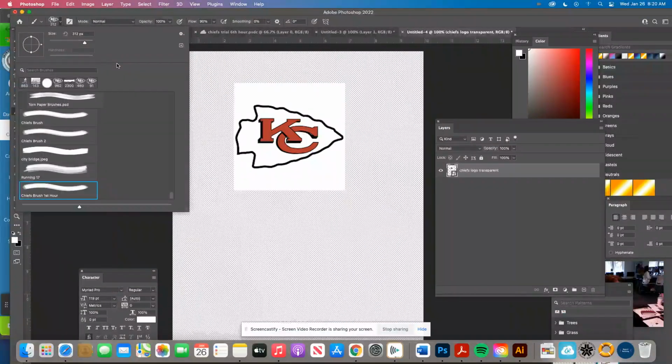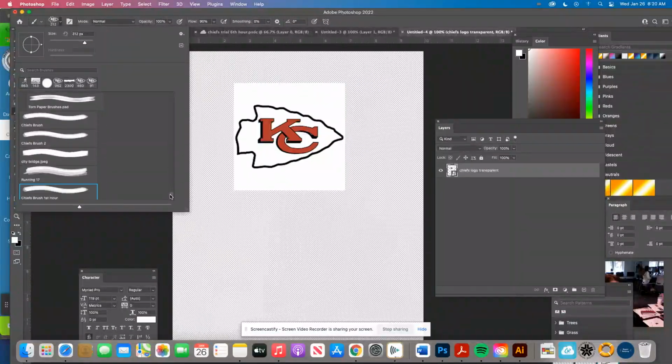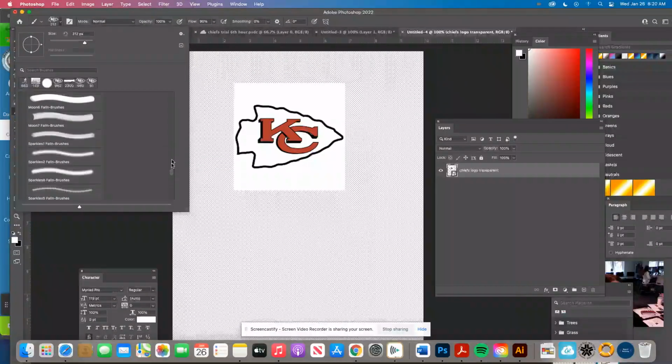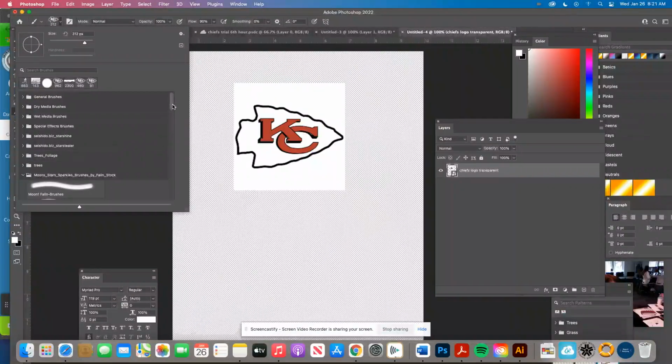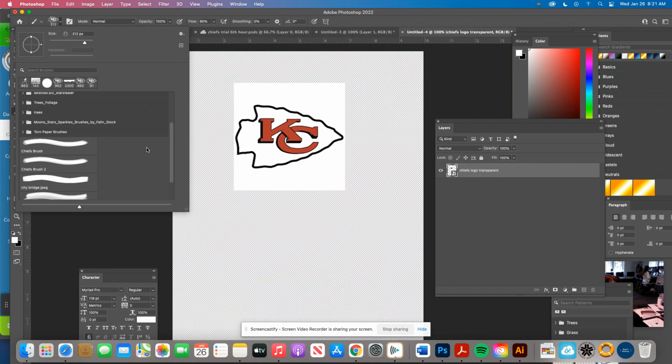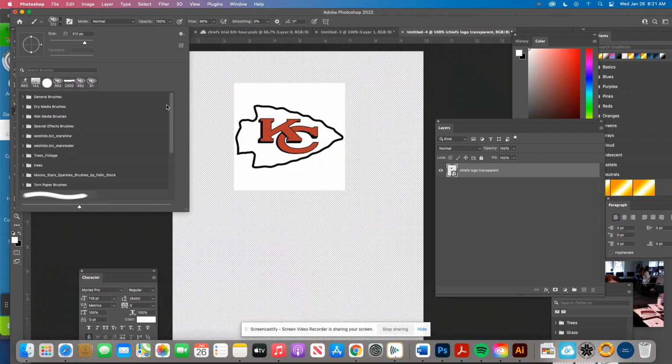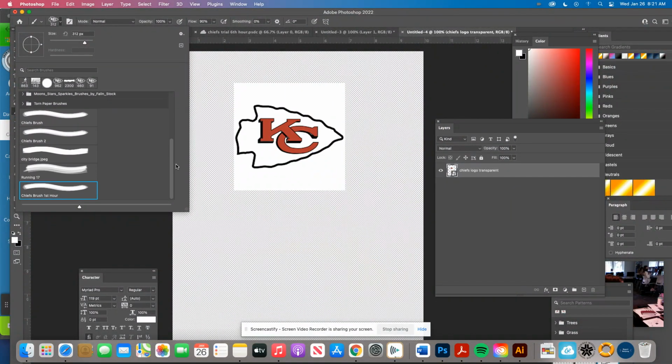I use my pull down, and you may see it already populated. It populated my arrowhead. You may have to scroll to the bottom. You may see something that looks like this. Look, I have a lot. You may see something similar, just seeing folders. You can expand everything, and then there's a slider on the right-hand side. Slide down to where you have your particular brush,